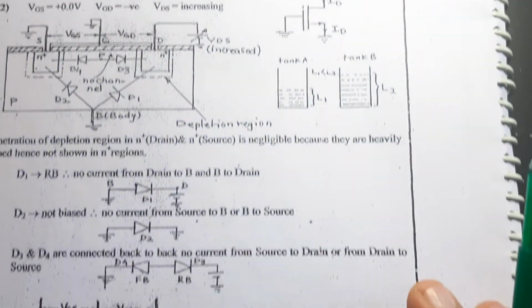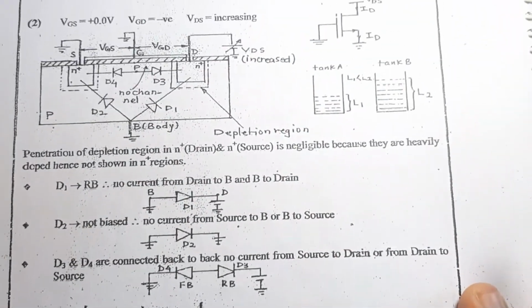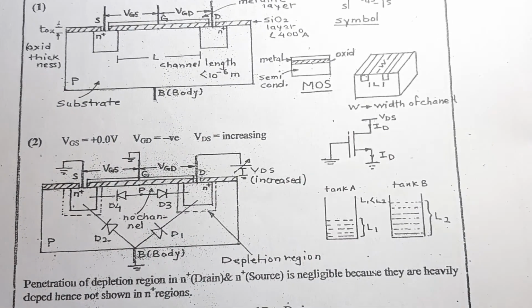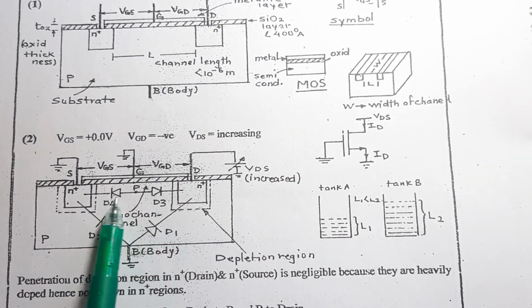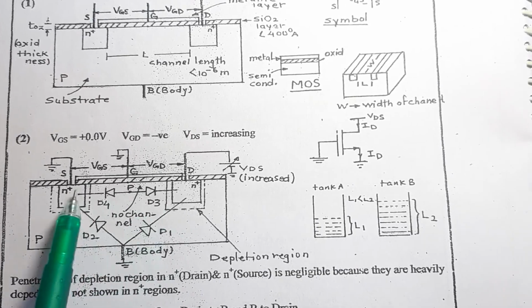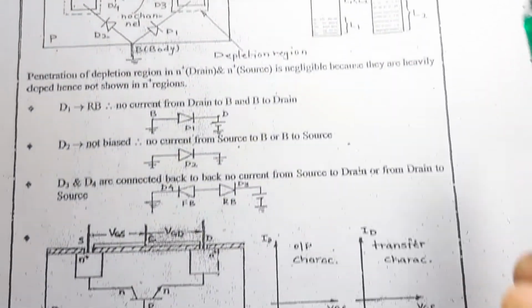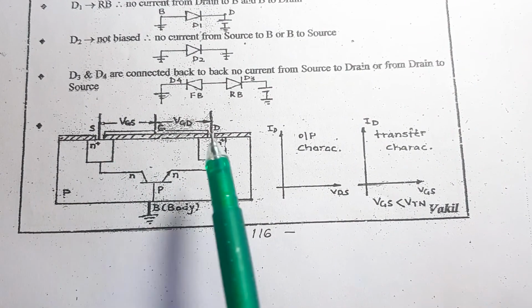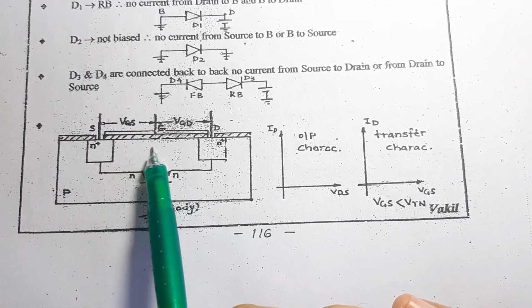If you look carefully into this diagram over here, beta, was there any presence of any kind of channel or any free electrons over here? Was there any presence? No. Even if you look at this diagram over here, beta, from N to N, is there any kind of channel formation over here?